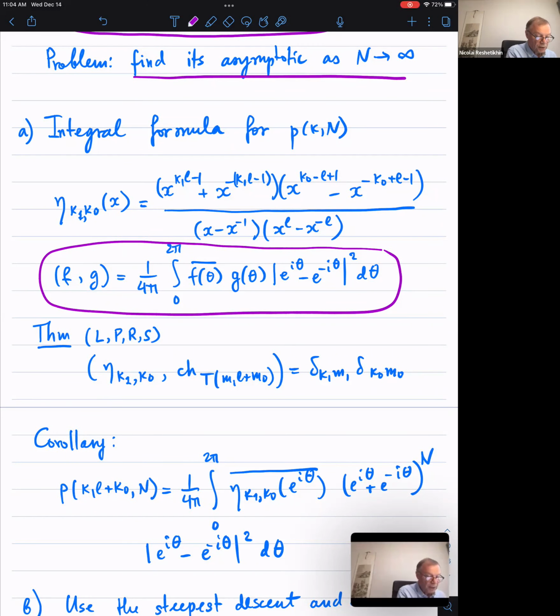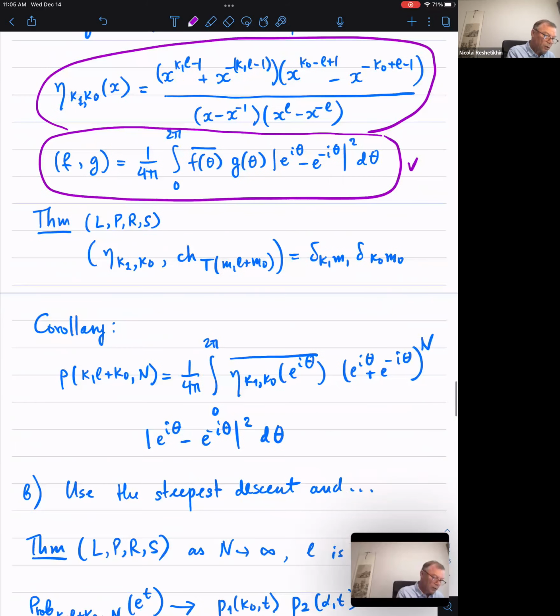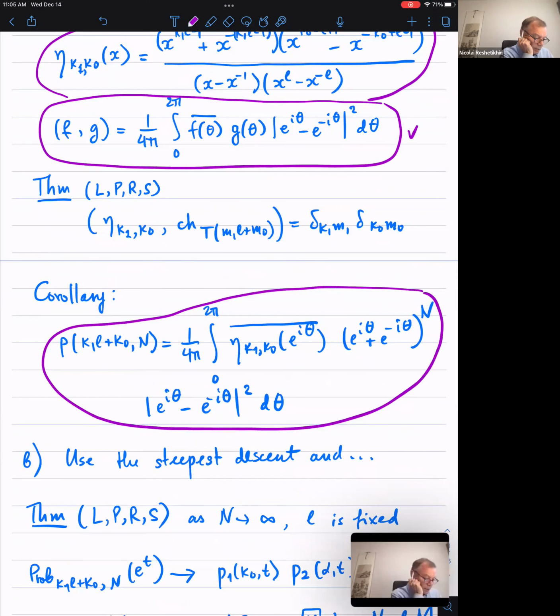they form a basis in the space of polynomials, in the space of symmetric polynomials. In this case, symmetry is x to x inverse. Because they form a basis, maybe there is a reasonable orthogonal basis, orthogonal with respect to this scalar product. And it turns out that yes, one can find these orthogonal polynomials. They look like this, very reasonable polynomials. And then as a corollary of this, we can find the integral formula for these numbers,